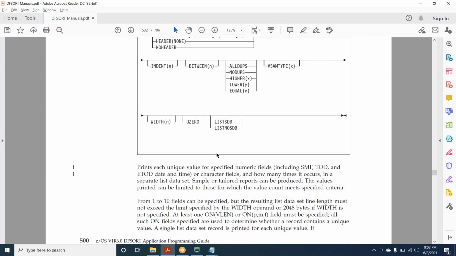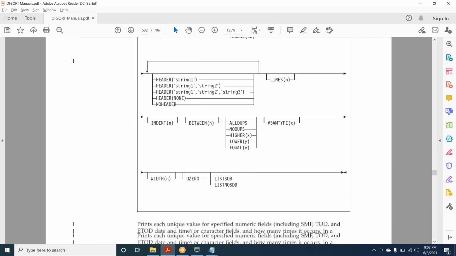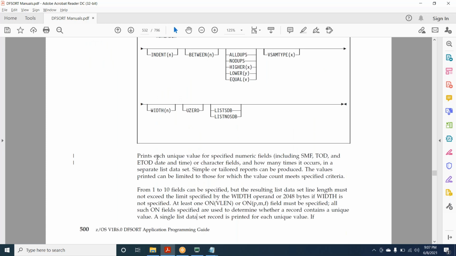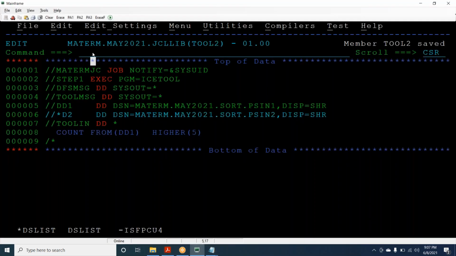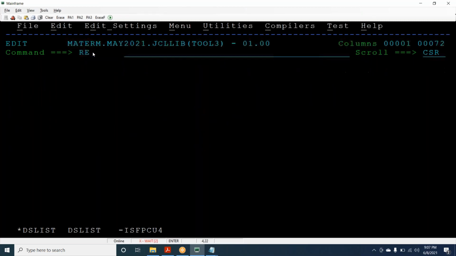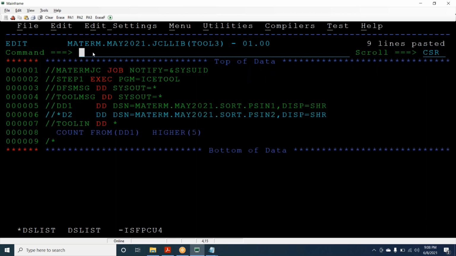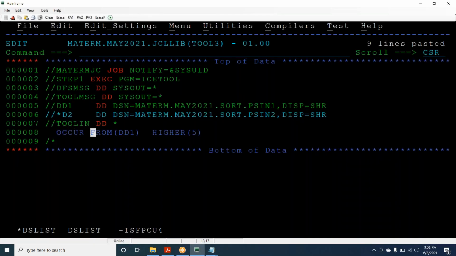Now we will be seeing OCCUR. Now ALLDUPS and NODUPS are very, very important. Here also we can get some interview questions. I am covering DFSORT core operators which are important from an interview point of view. So what is that? OCCUR. So basically what is occurrence?